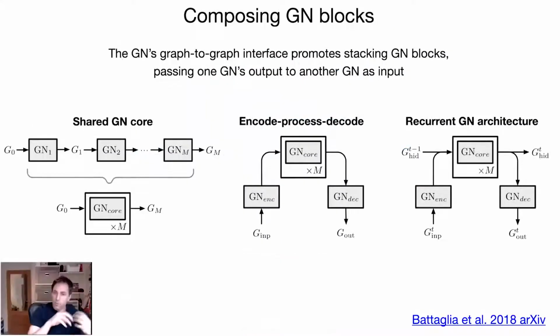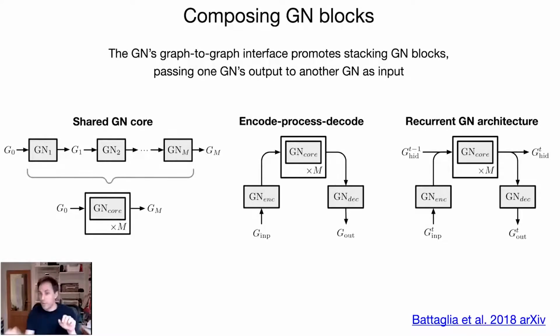And as I said before, the easy to implement, easy to work with idea, we realized that all of this model can just be viewed as a sort of graph to graph function. So you have this interface. As long as you pass a graph in and you get this graph out, you can wire these things up in different ways, and you can have different graph nets with shared